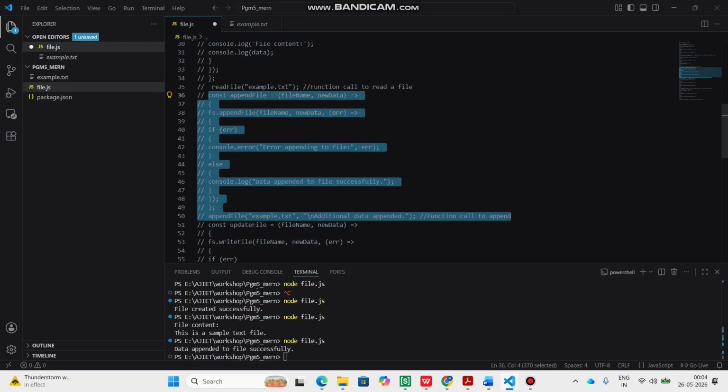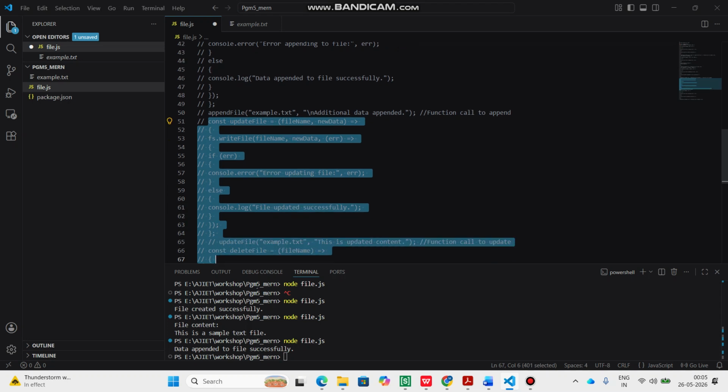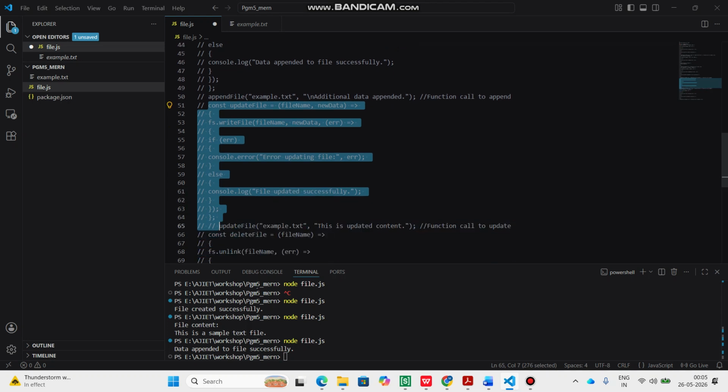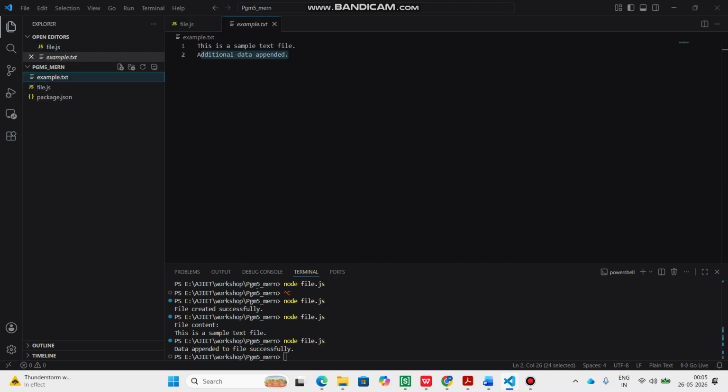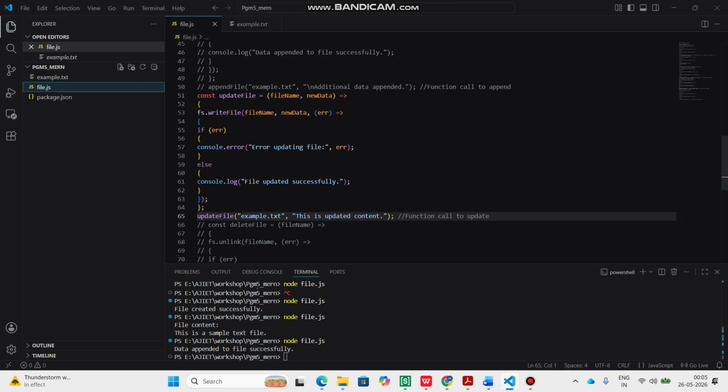The next operation we are going to do is update. What does the update operation do? Append adds at the end. Update replaces the old content completely. Currently in your sample.txt, you have: this is sample text, additional data appended. Let's see what happens when you call update file.